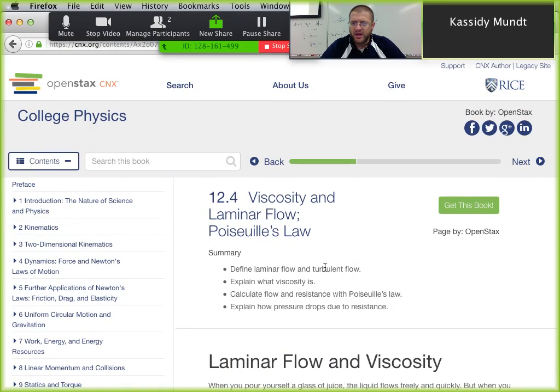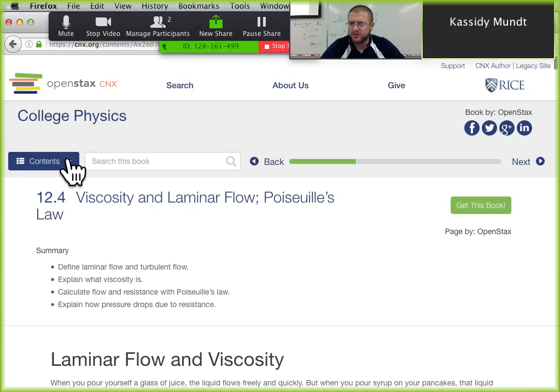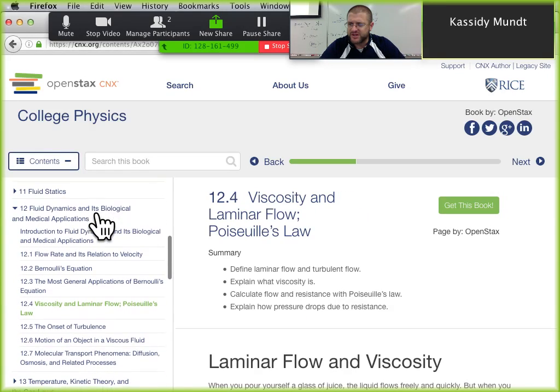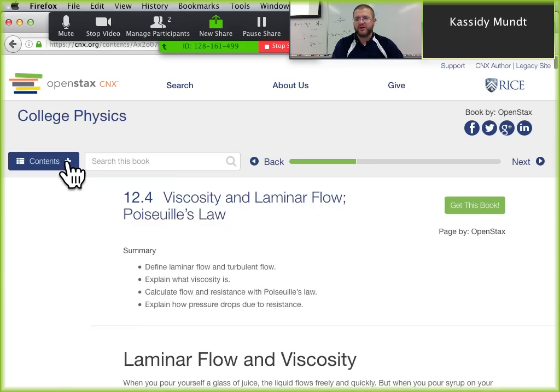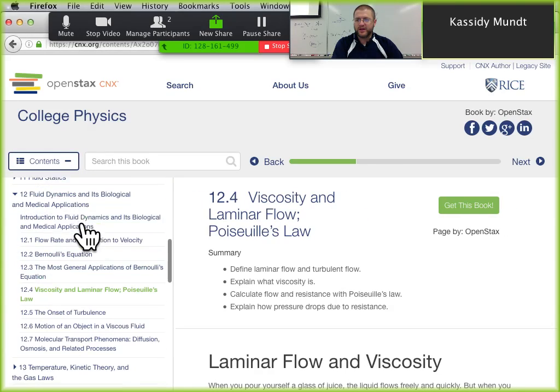Sounds about right. So what we'll do, we'll finish up fluids this week. We'll do temperature next week. We'll try to hammer out most of temperature next week, and then do our waves and hearing the last week. It'll be kind of a big deal to hammer out temperature in a week, but we might take a little extra time. I'll give you chapter 12 homework today as well, so you can get started on both 11 and 12.